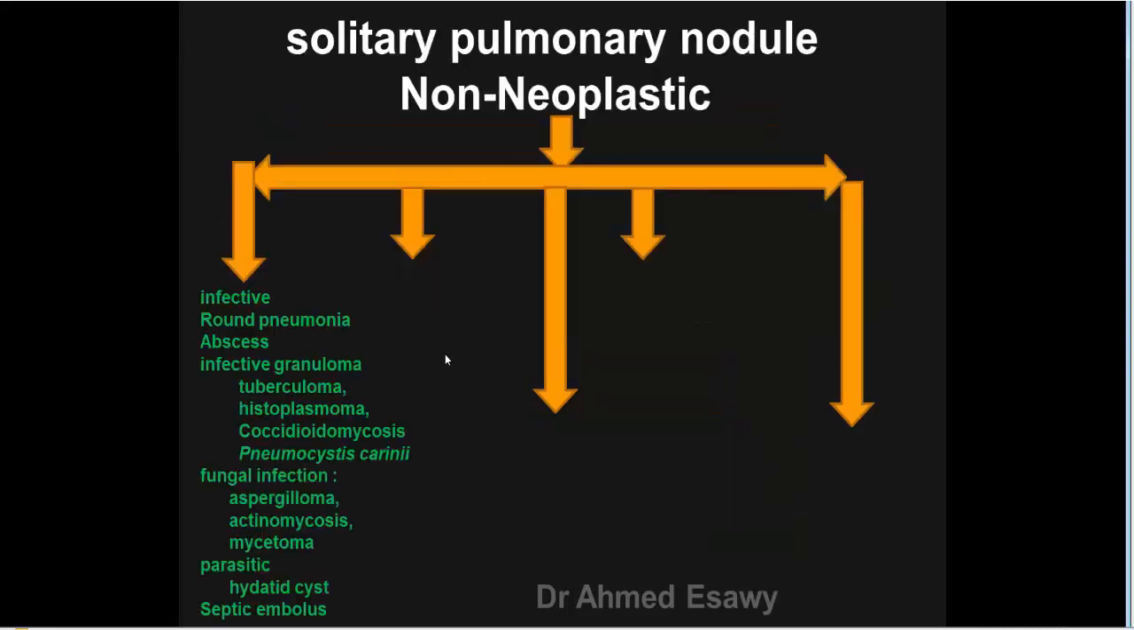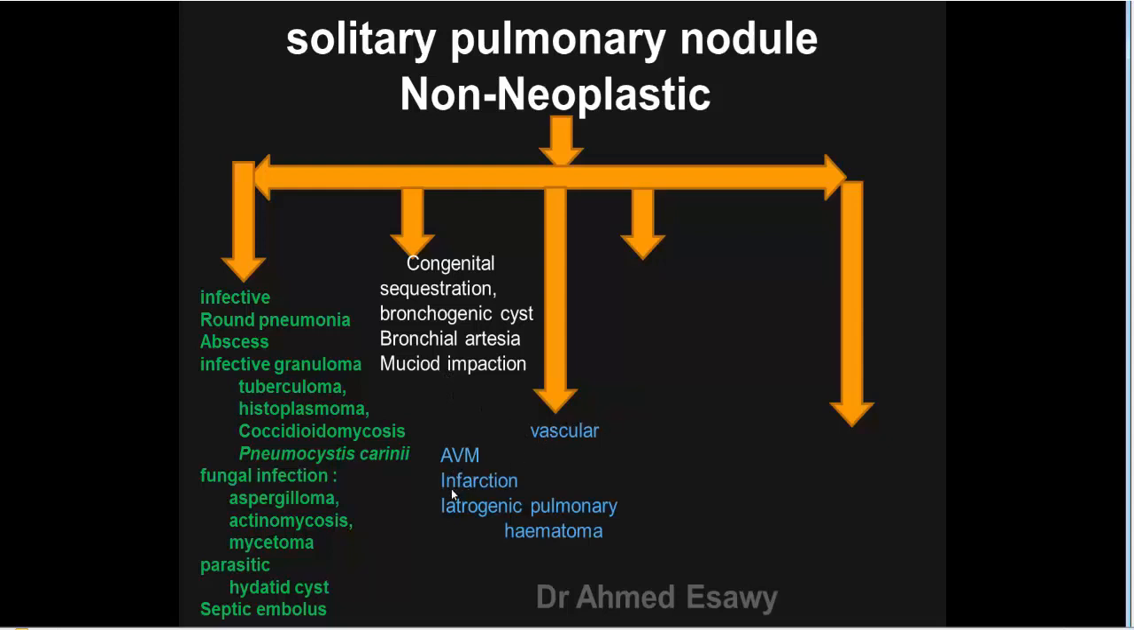Solitary pulmonary nodule, non-neoplastic: infective, like round pneumonia, abscess, infective granuloma, tuberculoma, histoplasmosis, pneumocystis carinii; fungal infection like aspergilloma, actinomycosis, mycetoma; parasitic like hydatid cyst; septic embolus; congenital like sequestration, bronchogenic cyst, bronchial atresia, mucoid impaction; vascular like AVM, infarction; iatrogenic like pulmonary hematoma; autoimmune like Wegener granulomatosis, rheumatoid nodule,